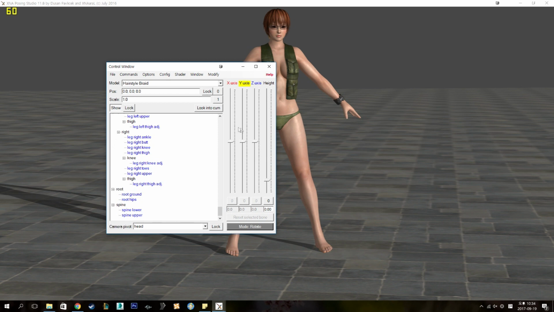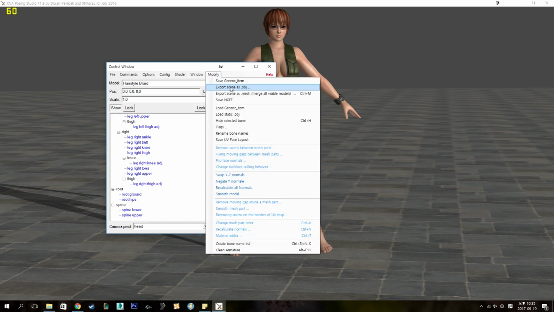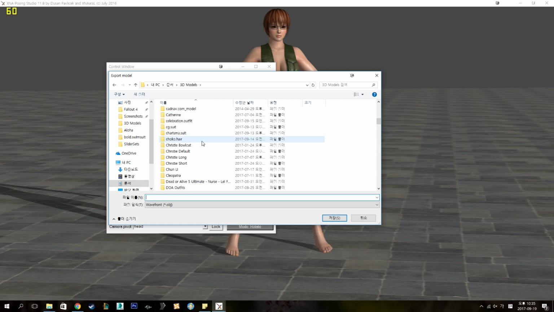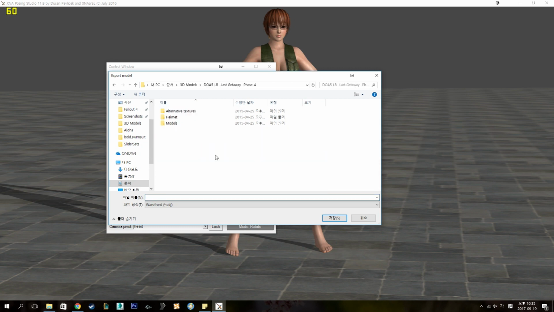Depending on the outfit, that window has sliders that can help you pose the outfit so that it fits the default body pose for Fallout 4. What we will do next is go to modify and then export scene as .obj. Make sure the copy textures is checkmarked too, and that's it. Then hit OK. It will ask you for the location to save this, and I usually use the same folder